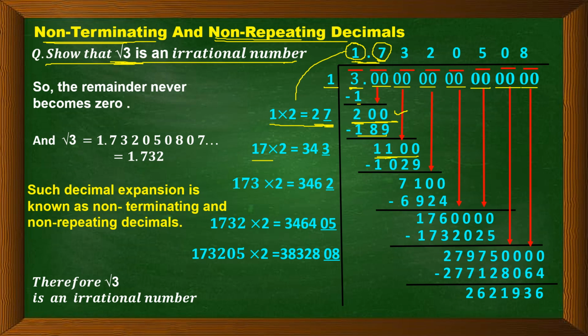So 17 into 2 is 34. Now think of a number what should come in this blank, and further we will multiply by the same number to get a number which is equal to or less than 1100. So we have kept 3 over here. So 343 is our divisor, 3 is the quotient, and we will get 1029. Right, 1100 minus 1029, we shall get 71. Further bring down the next pair 0, 0.